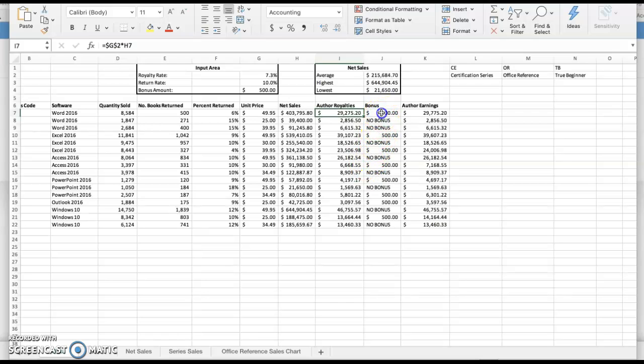Now for the bonus, I had to do something a little bit creative. I used an if logic formula, using the fixed reference of the bonus amount, which was 500, and if it was true, they get 500. If it's not true, they get no bonus. So this was the result. It showed up as it should have. However, when I tried to calculate the author earnings, I got some error messages or no value because of these